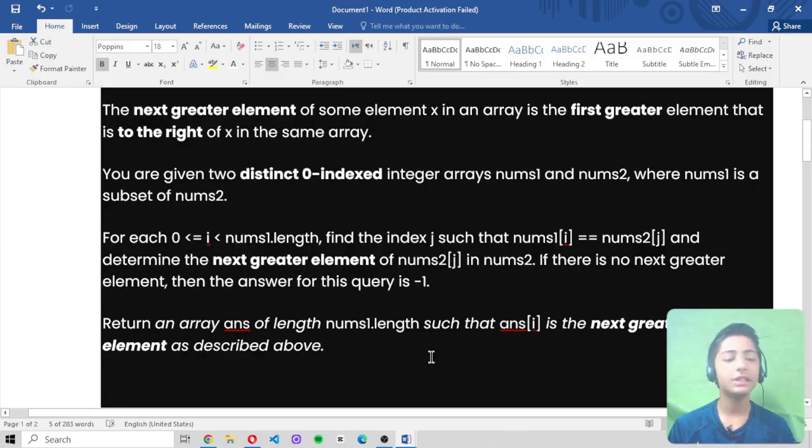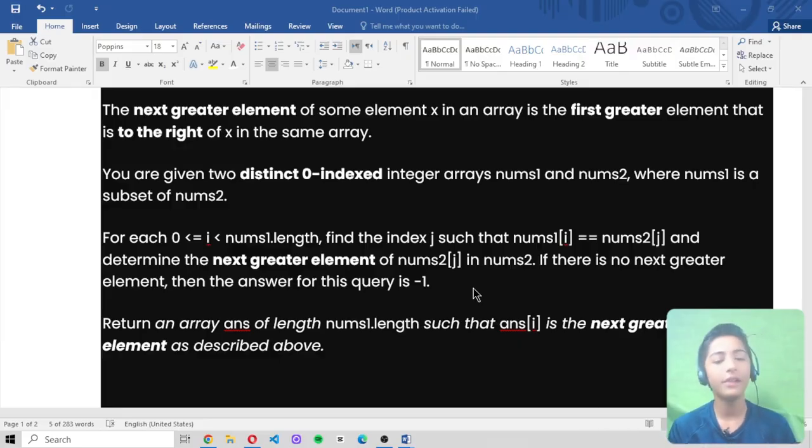For each 0 <= i < nums1.length, we want to find the index j such that nums1[i] == nums2[j], and we want to determine the next greater element of nums2[j] in nums2. If there is no next greater element, then the answer for the query is -1.